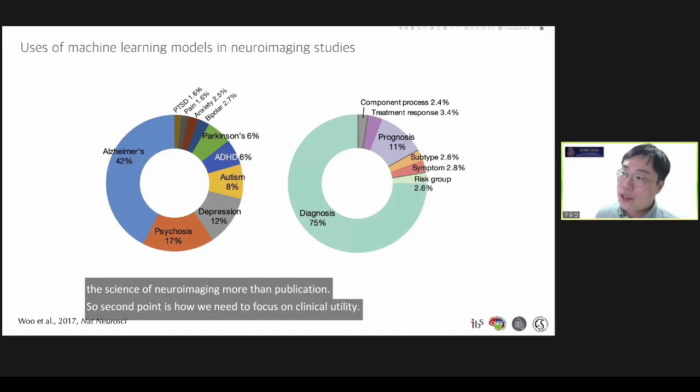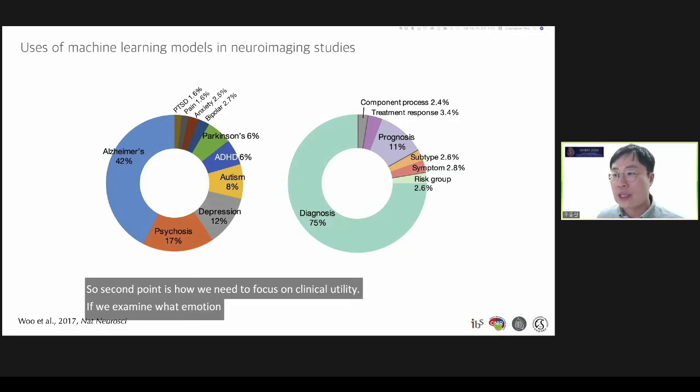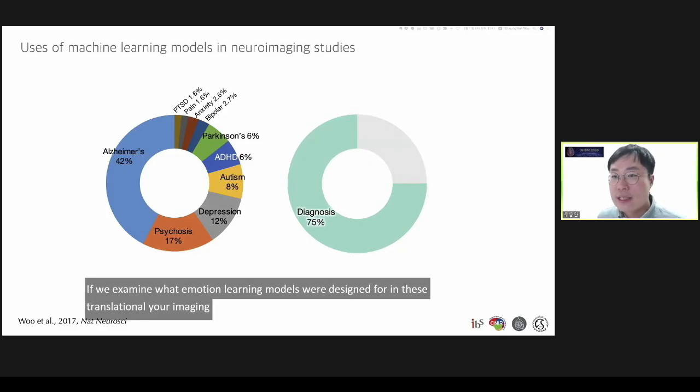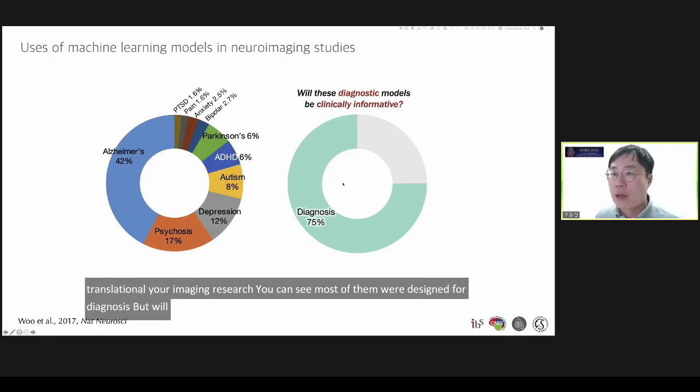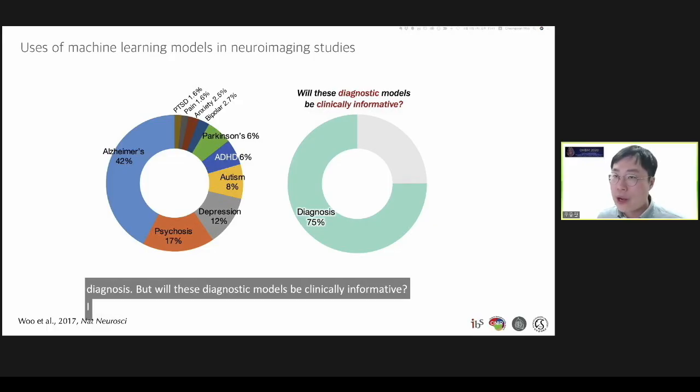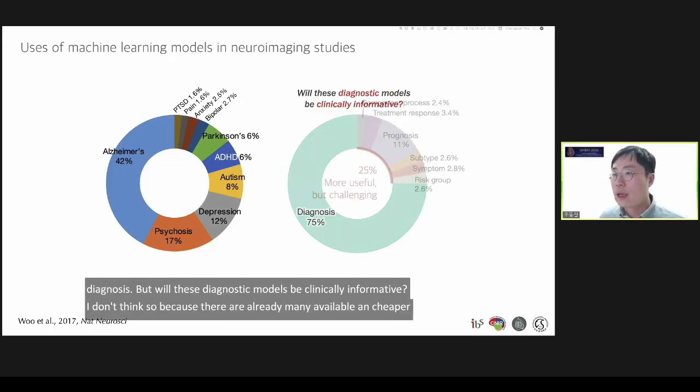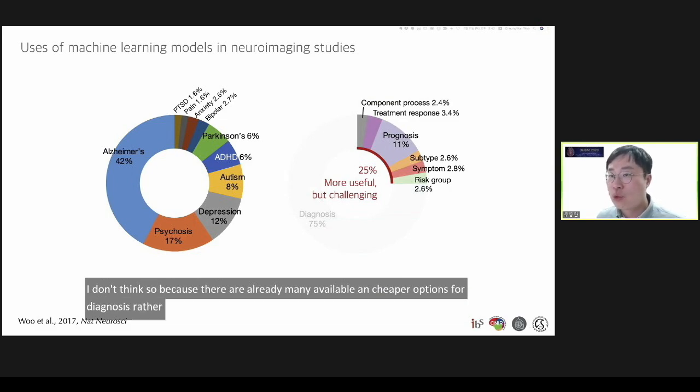If we examine what the machine learning models were designed for in this translational neuroimaging research, you can see most of them were designed for diagnosis. But will these diagnostic models be clinically informative? I don't think so, because there are already many available and cheaper options for diagnosis. Rather, we believe that the remaining 25% of uses, including predicting treatment responses and prognosis and so on, will be more